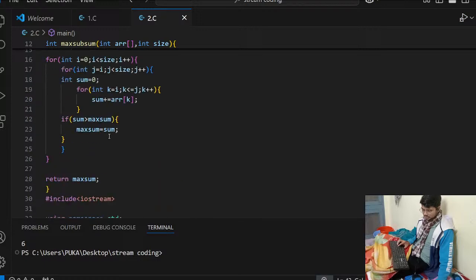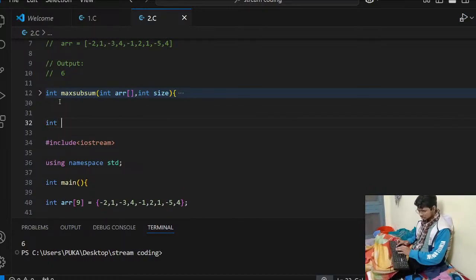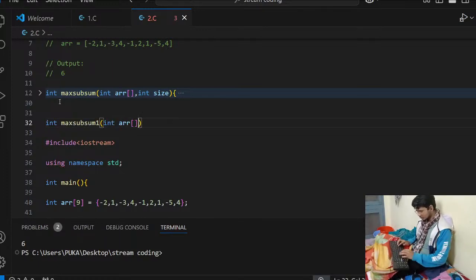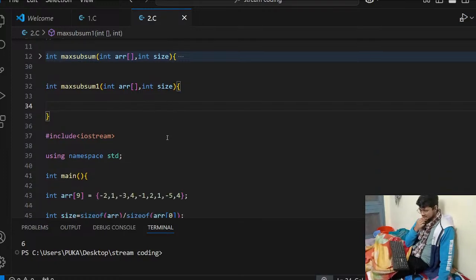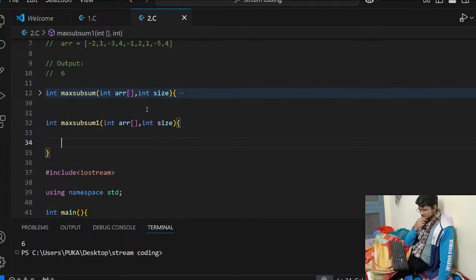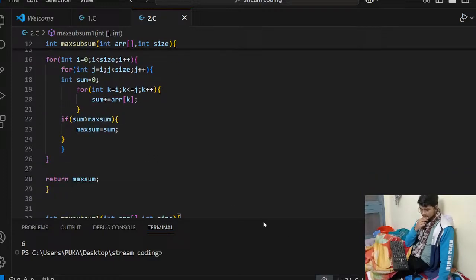So this was the first variant, int max sub sum. I will make one more function which will be more optimized. Int max sub sum 1. Again the format will be the same. We have to pass an array and give its size also. Inside this we have to do everything. So I have to optimize it and make it using fewer for loops. How can I use fewer for loops? And the thing is that